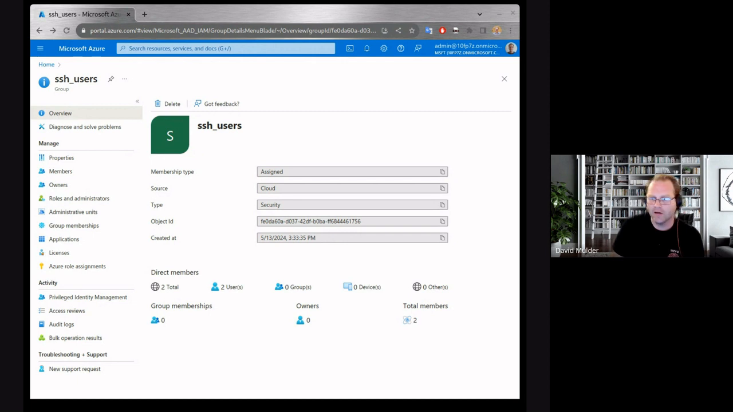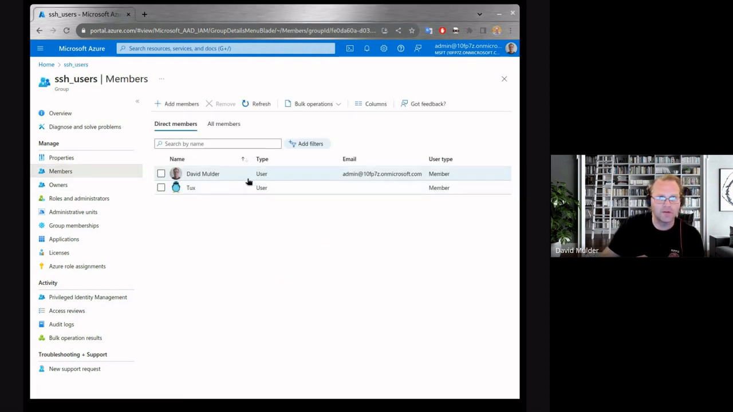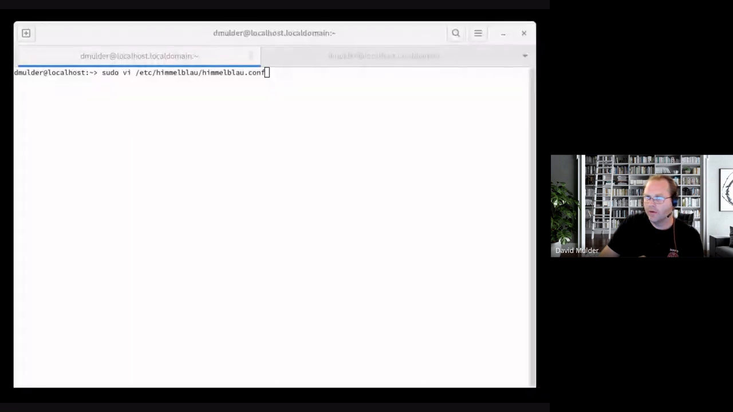You can see here, I've got a group in Azure called SSH users. And the members of that group are my two users that I use for testing in Azure. I'm going to switch to a terminal,